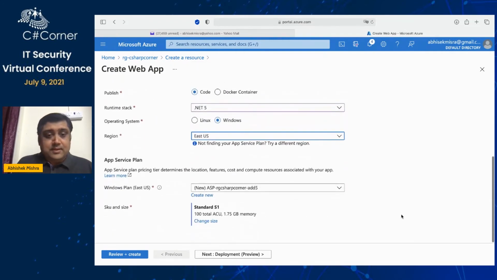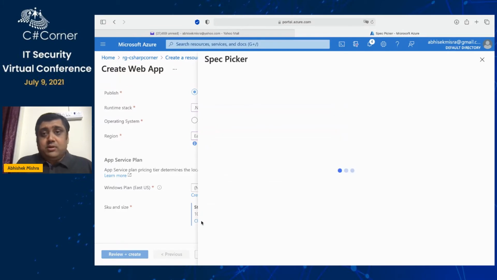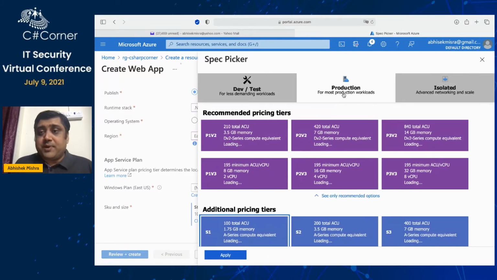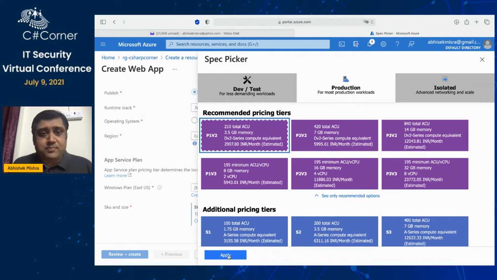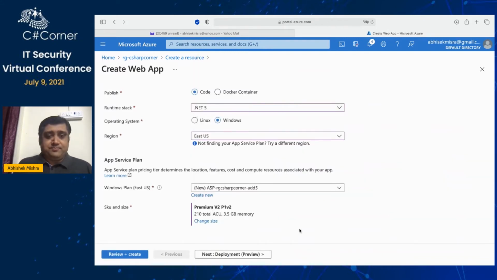One thing to note is that Azure Private Link is not supported on the standard SKUs. You need to select production SKUs for this. Maybe I can go for this one. This is the cheapest premium SKU, or production SKU, that is available. Let me select this. So don't go for the standard tiers. It's not available for private link. Anyway, whenever you are using premium things, you'll be billed premium, right? That is the reason it's like that.